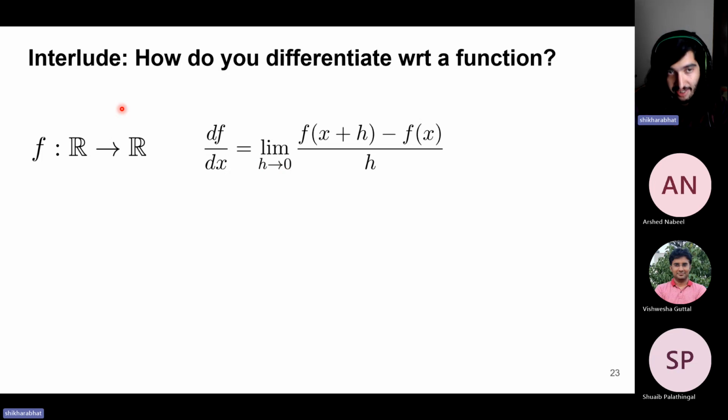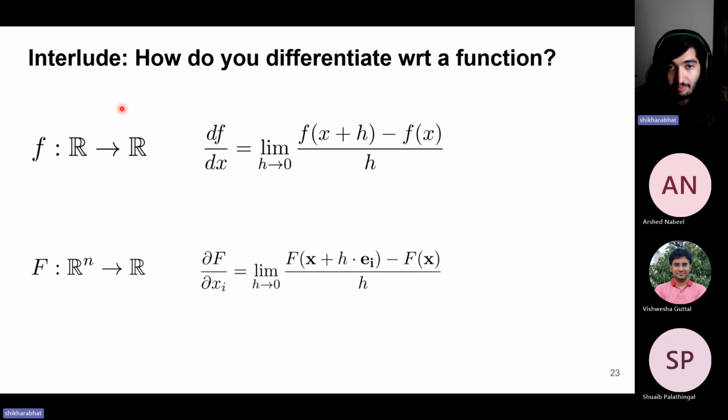If I have a multivariate function, capital F, can we differentiate with respect to a vector? Well, yes, we can. The definition most of us first see is of a partial derivative. And the idea of the partial derivative is, similarly, if I have an input, capital X, now a vector, and I change the output by a very, very small amount in a particular direction, here ei is a unit